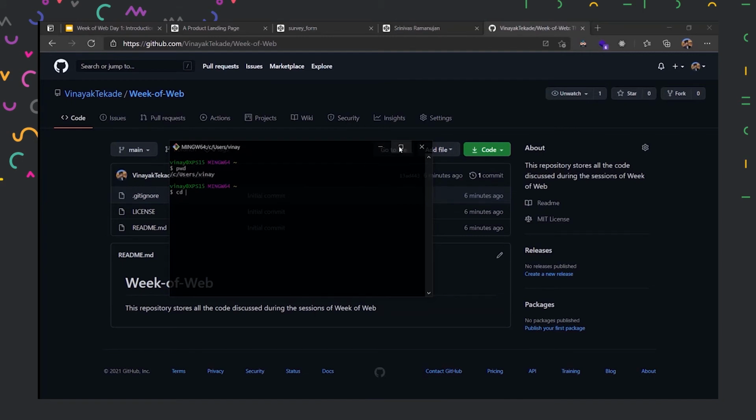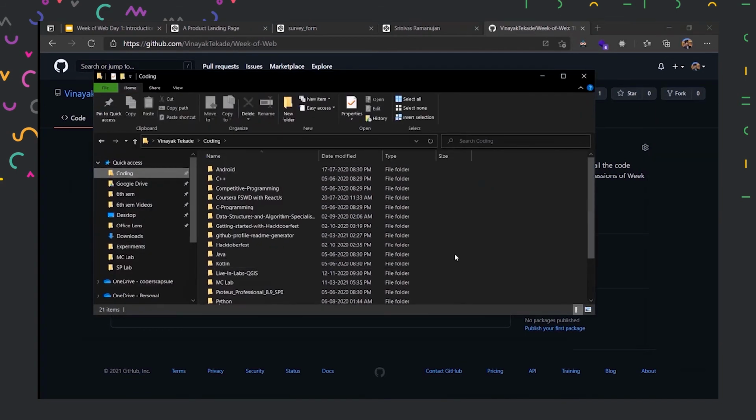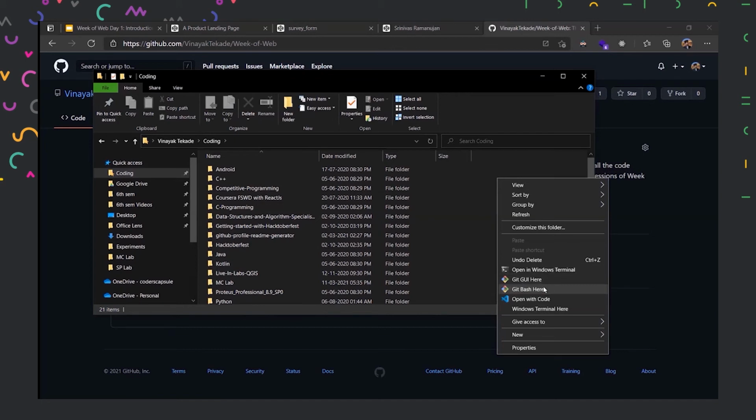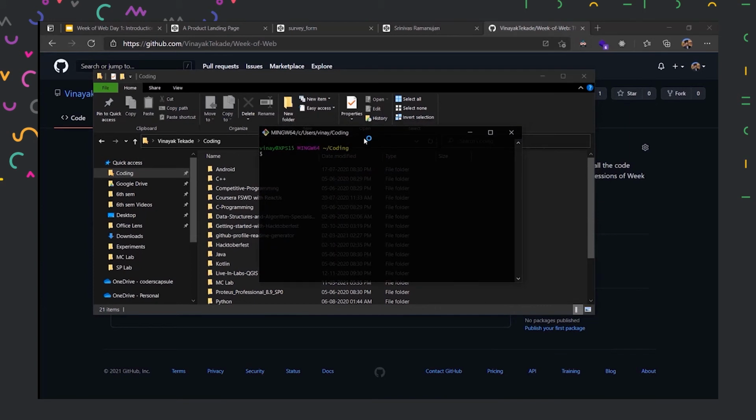So Git Bash has another feature which integrates into opening Git Bash using right click directly on your computer. What you could do is open the Windows File Explorer, and let's say I want to create my terminal over here instead. So I can just click Open Git Bash here. It is replaced by Git Bash Here now in the recent version. So let's click on it, and it will open the same window with the directory changed to coding. Right. So if we type pwd now, we'll get our codings folder.